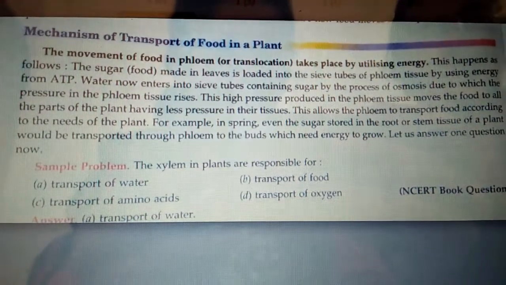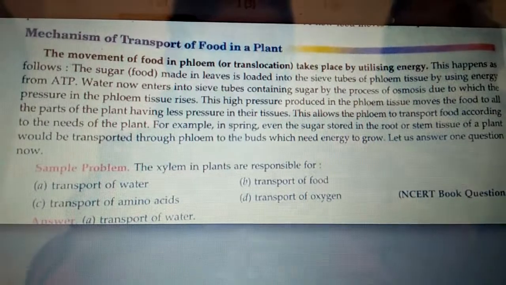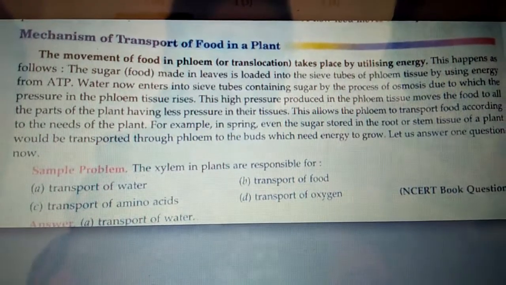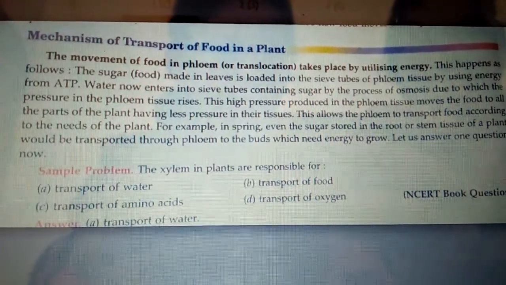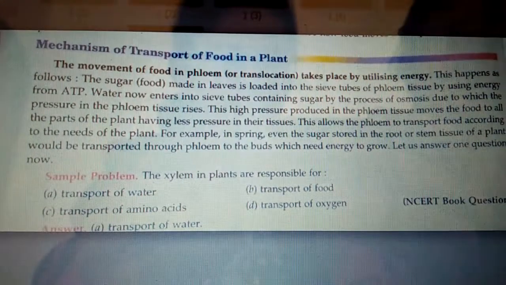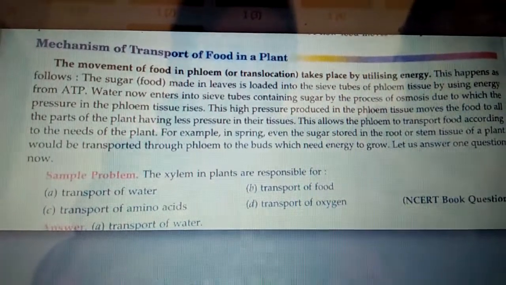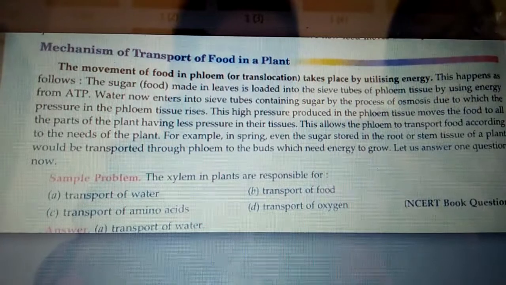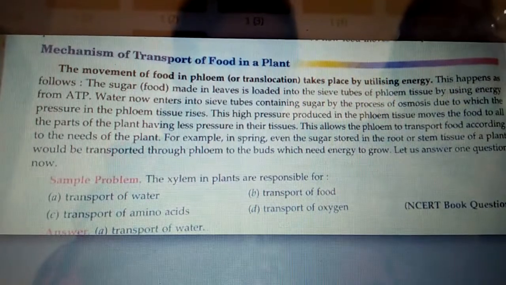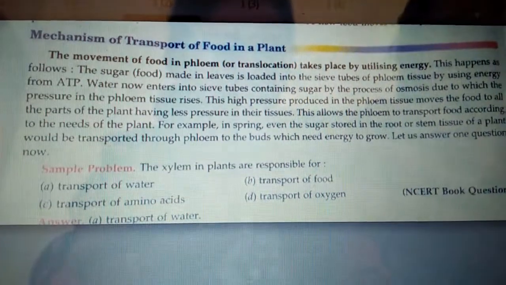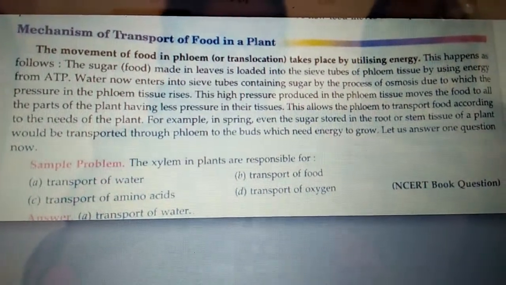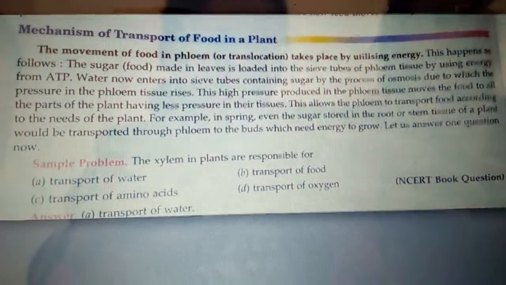And we know the cell produces energy in the form of ATP. So energy is required for the transportation of the food material from one part to another with the help of maintaining the pressure. Whenever a cell has more pressure, the food material present in that cell can be passed into a cell which has less pressure. So food material is transported from one cell to another by using the pressure in the cell along with the energy produced by the cell. So transportation of food material is a complex process which requires energy, but transportation of water is a simple process which does not require energy.